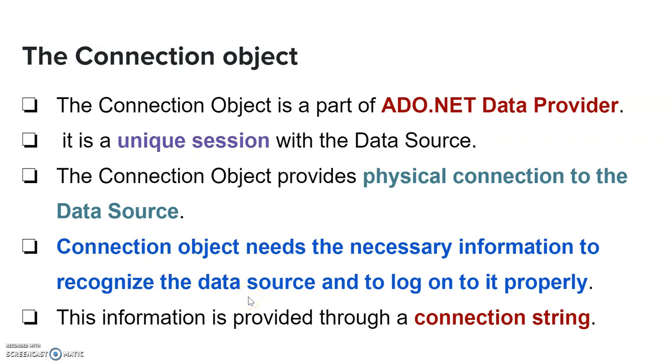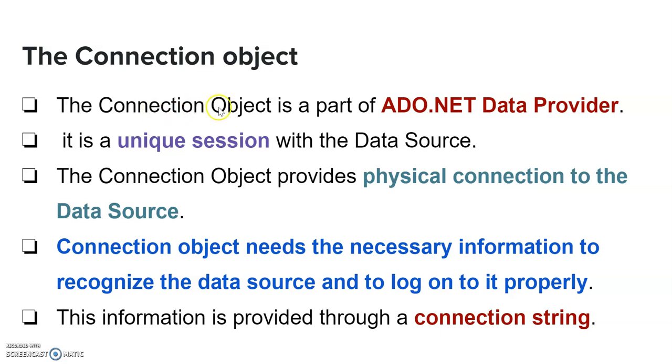In today's video, we will learn the next point from your curriculum, that is about the connection object. This connection object is a part of the ADO.NET provider. Its name indicates that it deals with making the connection. So you can create different connections. Now those connections can be Oracle connection, OLEDB connection, ODBC connection or SQL connection. We are going to focus only on the SQL connection.